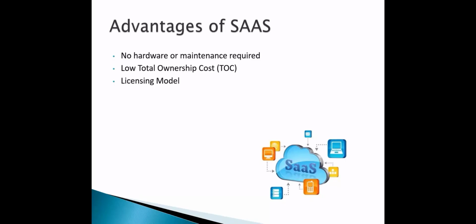Today, if you start your project with 3 modules, you pay me only for 3 modules. After 2 years, if you implement 2 more modules, from then I'll start charging you for 5 modules. That way, the cost increases gradually based on your implementation. It's not that you're going to be charged a heavy cost right from day one.